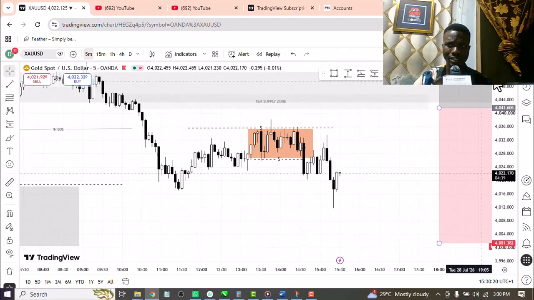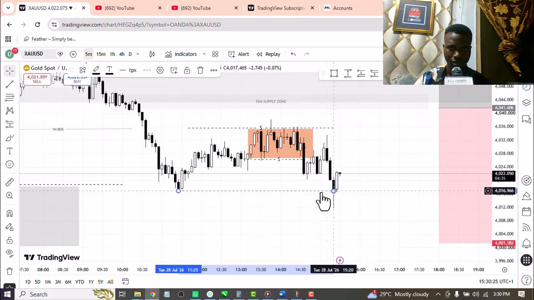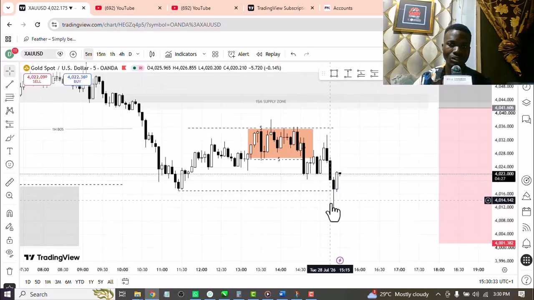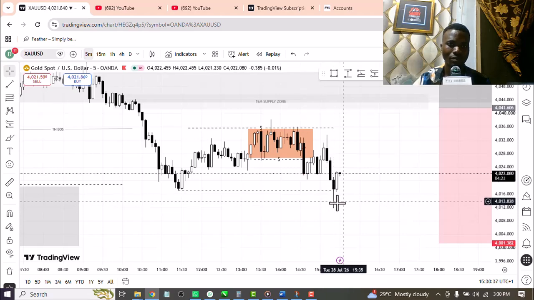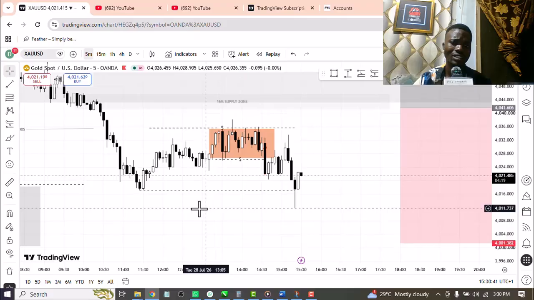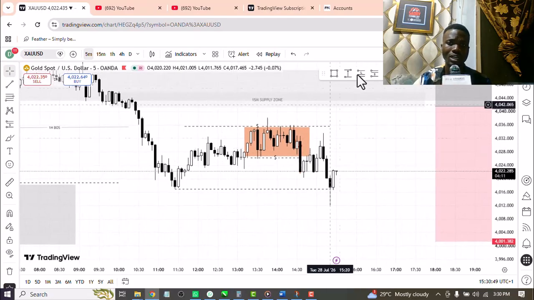Okay, so what price actually did around there is a liquidity sweep. Can you see that this candle did not close with the body of the candle? It actually closed with a wick, right? And that is a liquidity sweep, and I want to believe that this is the manipulation that is currently going on right now. They want to actually clear